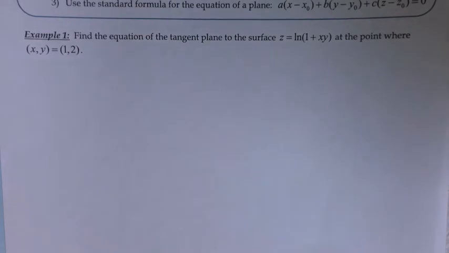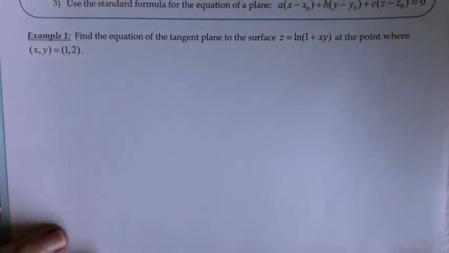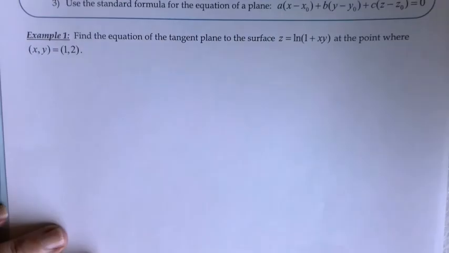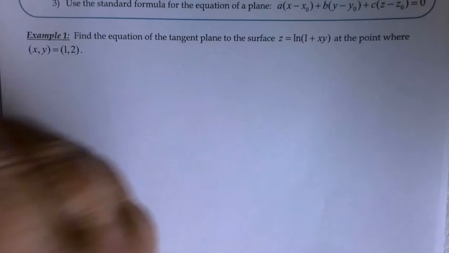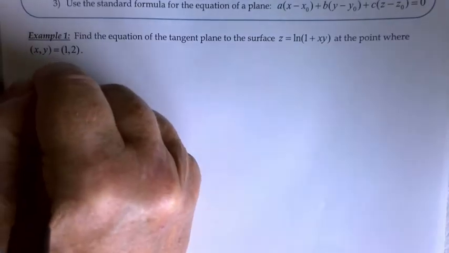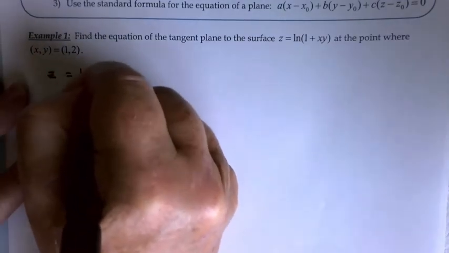So here we are in example 1. I'd like to find the equation of the tangent plane to this surface, z equals the natural log of 1 plus xy, at the point where x, y equals 1, 2. The first thing I need to do, as we just mentioned, is to make sure that my equation is equal to a constant. So I'm going to take the equation that I was given,